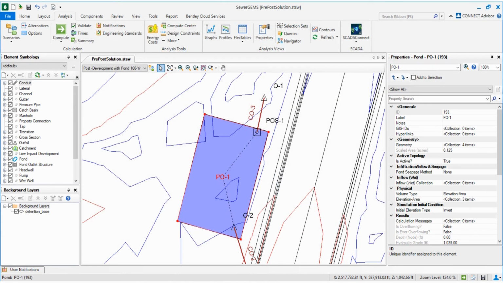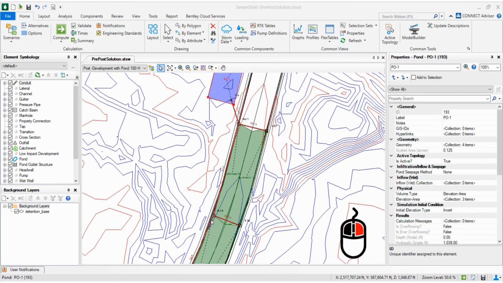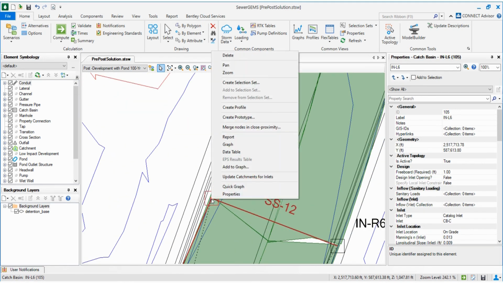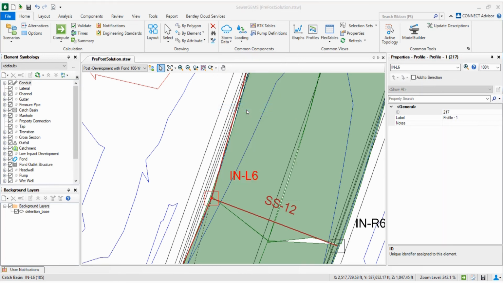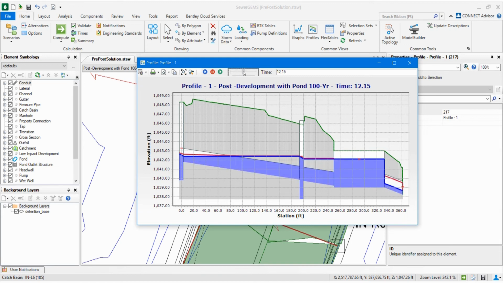Select the catch basin INL6 in the drawing, right click and select Create Profile. Animate the profile and notice that at around hour 12, the pond reaches its peak and some pipe surcharges during this 100-year storm event.